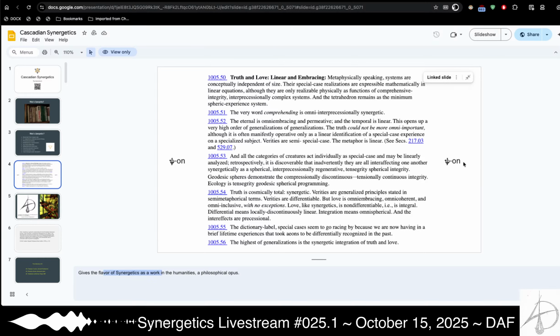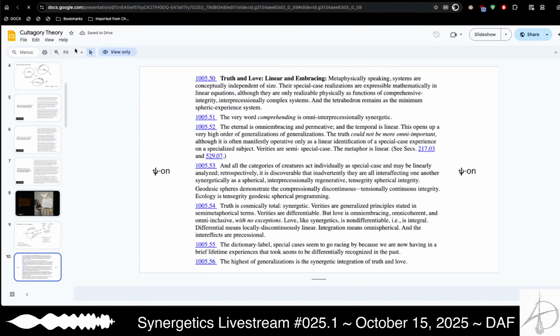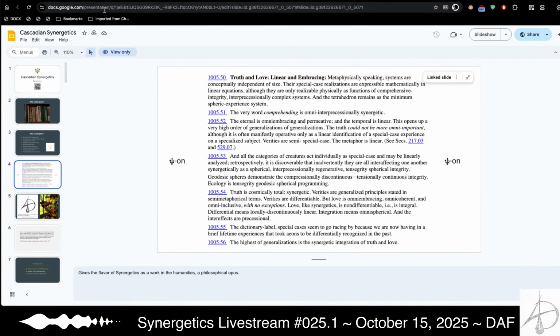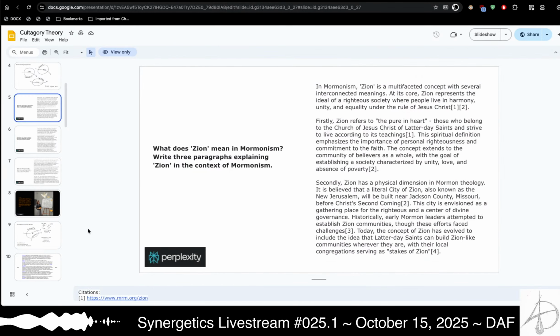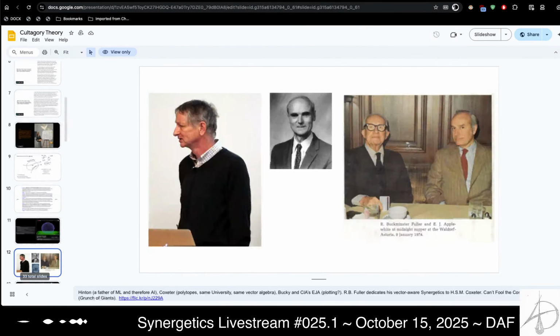And here we see Scion, which is kind of a Zion play by Kirby and connects to this cognitive unit, this conceptual element. And we see in this 1005 section a lot of characteristic ways to talk about comprehending and putting omni as a prefix in front of words, describing all these kinds of big topics: truth, love, linearity, embracing. And also on the top right of some of these slides, you'll see that they can go off into other directions. So where it says link slide, this is a hyperlink. And you can pop over to slide 10 of the category theory and see a little bit more what is being meant here by Scion.